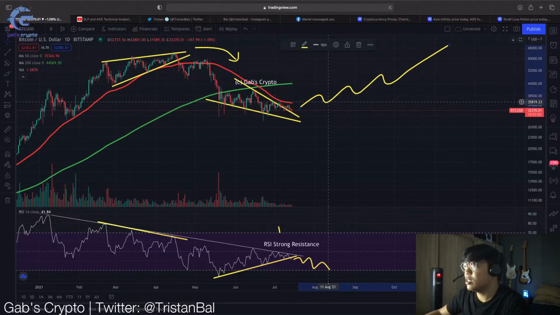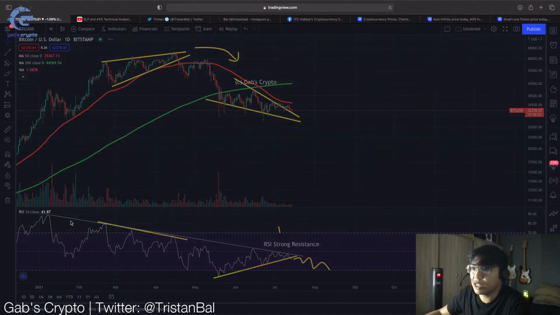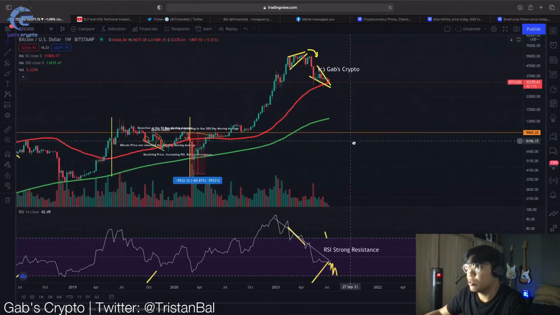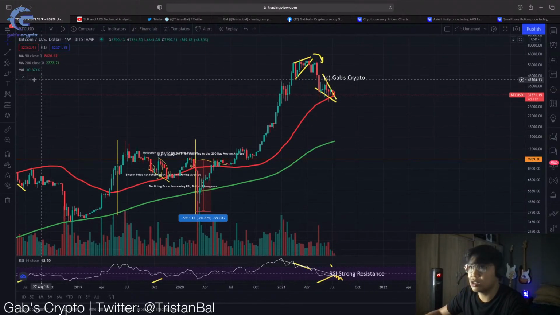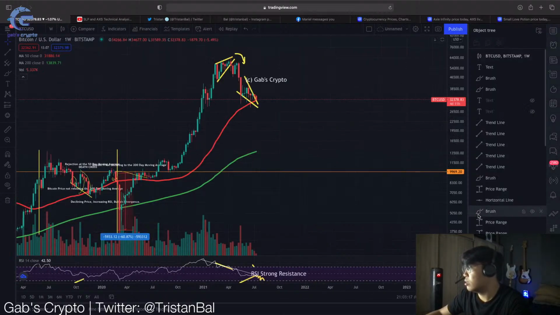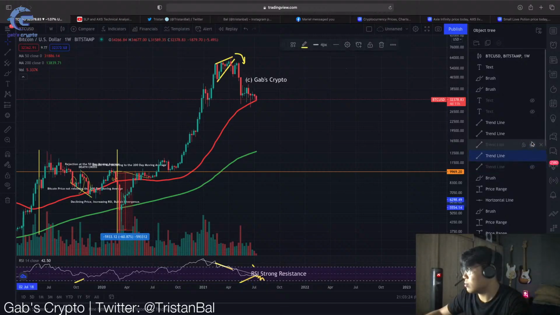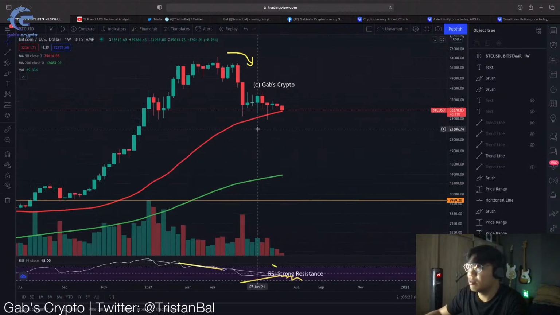So now let's see naman itong isang bad news na nakikita natin. So yung isang bad news actually is nasa weekly time frame. So ito, buksan natin, i-hide natin yung mga ibang indicators. So yung isang bad news na nakikita natin ngayon is actually more of this. Okay, hide lang natin siya. So yung ating next bad news is this moving average.